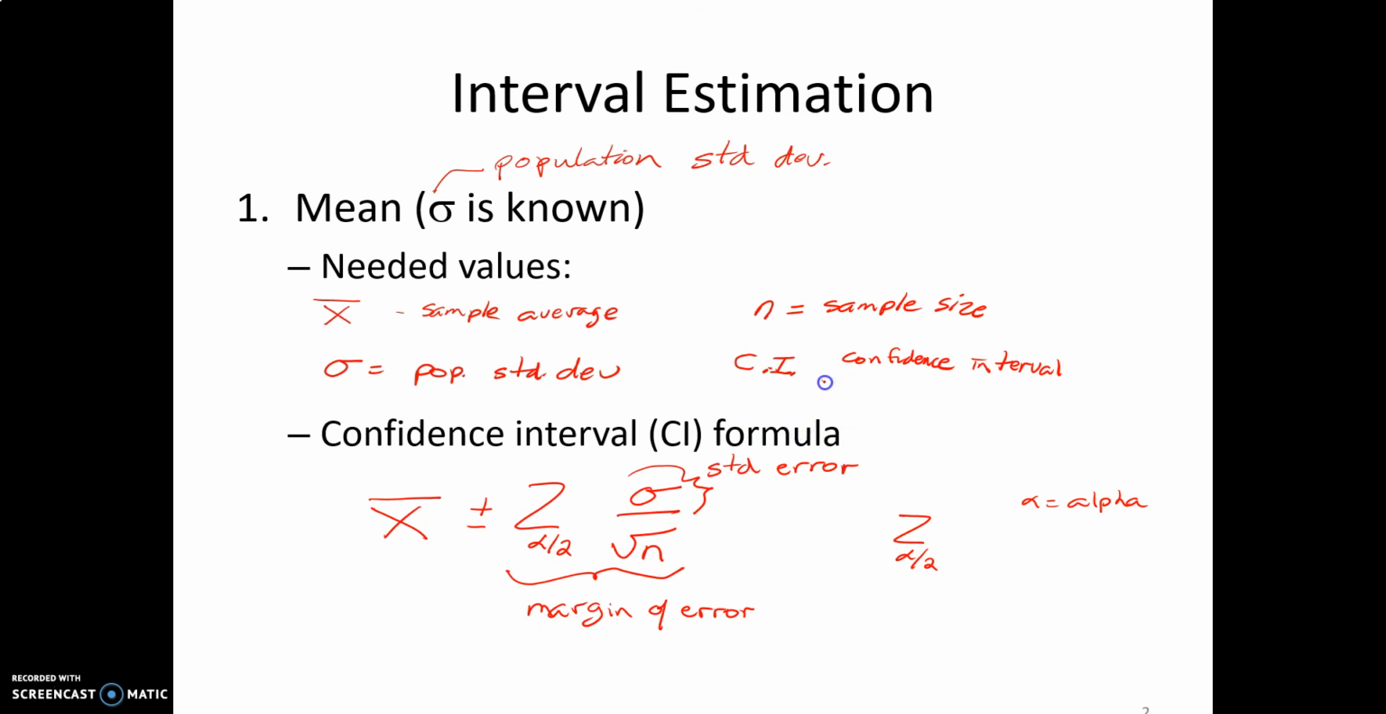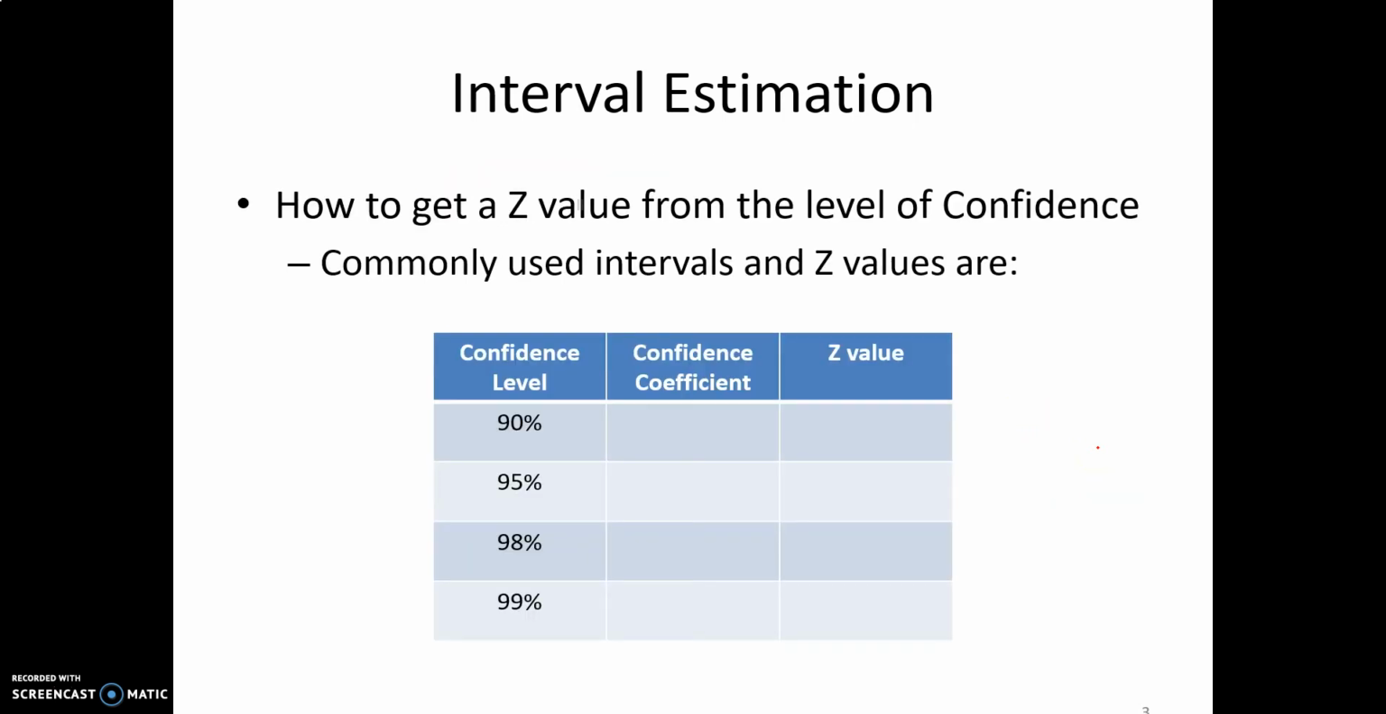So this confidence interval here, let's go like this, basically leads to the Z value. So the question will always state a certain level of confidence. That level of confidence will always lead to a specific Z value. So how do we get a Z value from the level of confidence? There are 4 commonly used intervals and Z values. So the confidence interval,